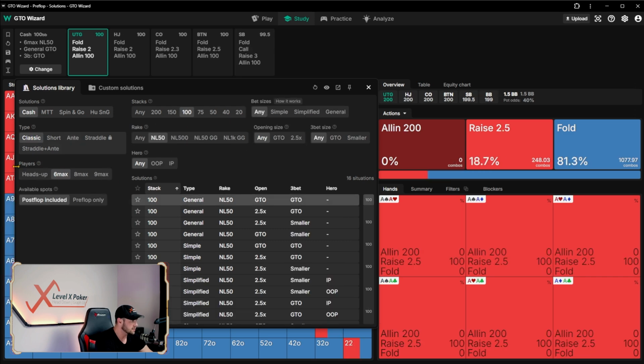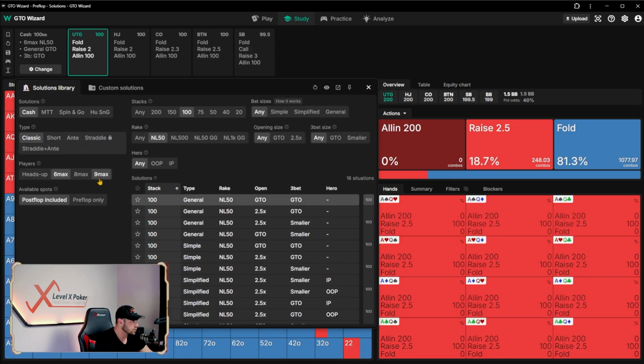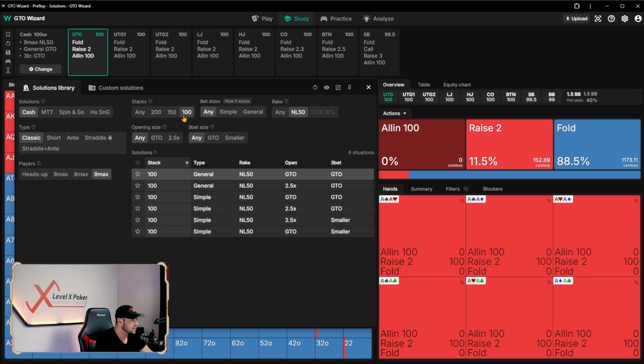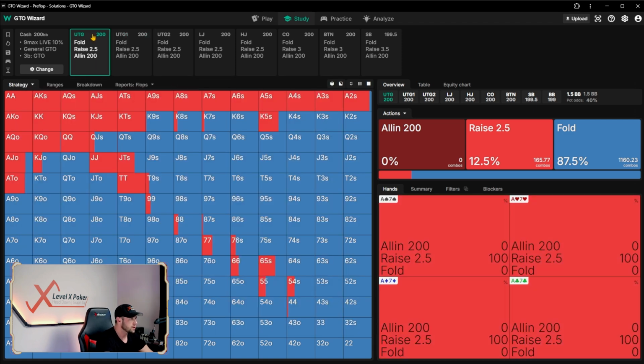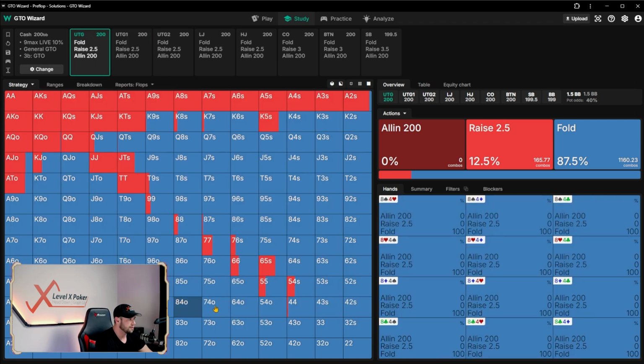So let's go back to classic and let's actually, you know what? Let's go to 9 max and let's do 200 big blinds and let's go live rake 10%. So I know a lot of you guys like playing live. Let's just do that. Even though this is software about online poker, just for the fun of it, let's do this. But again, the main thing here is you want to set these settings as close as you can, because again, you're not going to be able to get them perfect like you could in a software like PioSolver. But let's use this. So here you're going to see this is your range that in theory, under the gun,